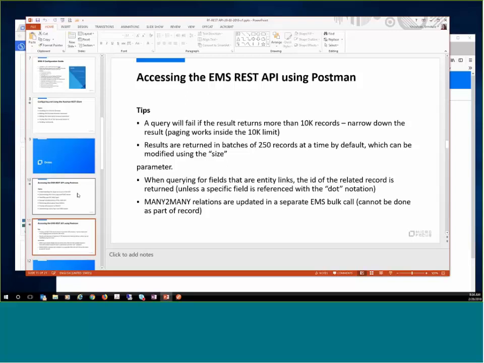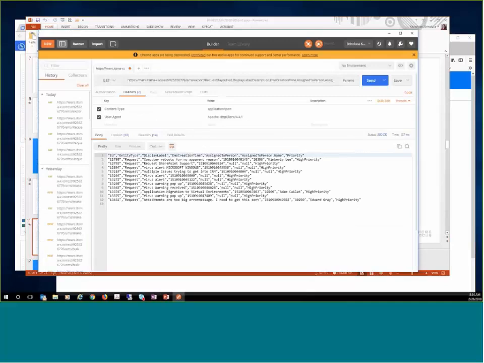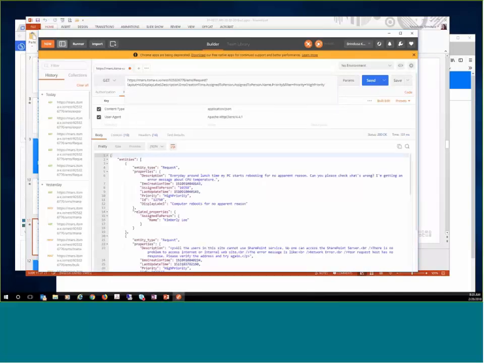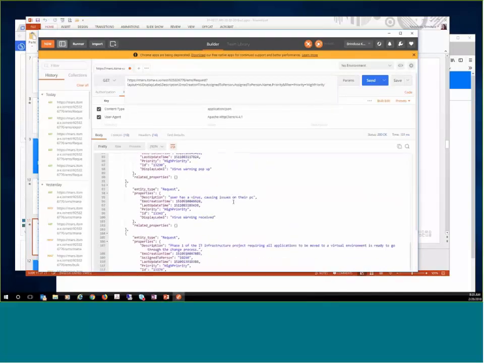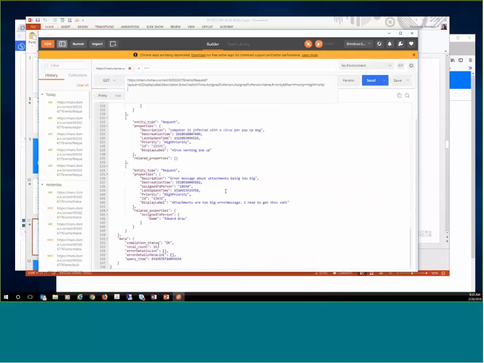So in that case, what is important is to make sure you check at the bottom of the results page, and depending on the number of results, if you see you have more than 250, then you should increase the page size. So if I go back here and run this query